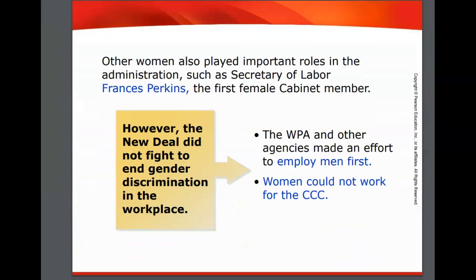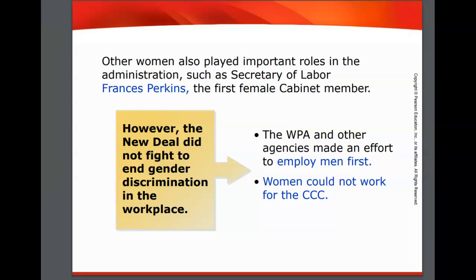There were other women that also played a very important role in President Roosevelt's administration. The first woman to serve as a cabinet member of any presidential administration was Frances Perkins. She was the labor secretary. She was probably the most famous. And you also had Molly, her name was Molly Dewson. She's not on the slide here, but she was the head of the women's division of the Democratic Party. And she was a notable figure for recognizing Eleanor Roosevelt and providing women with access to the president.